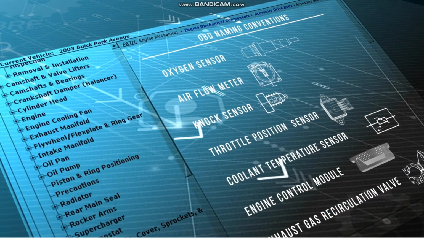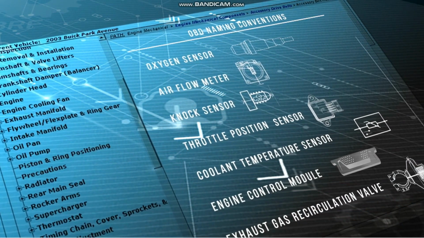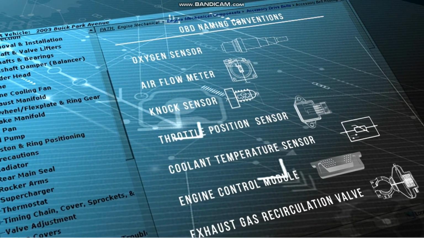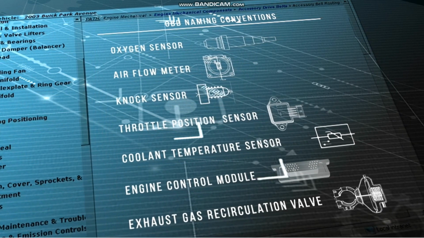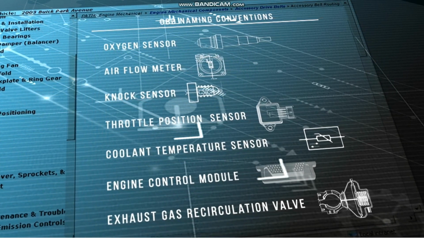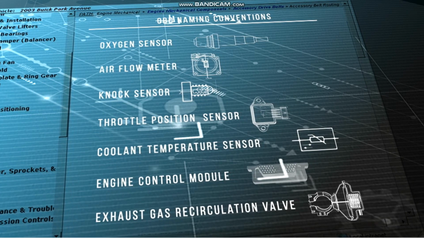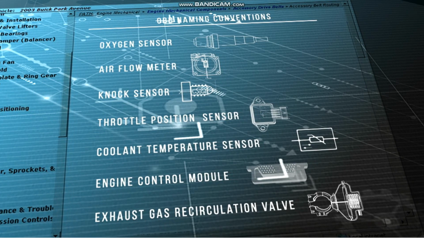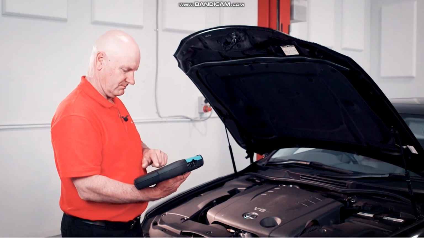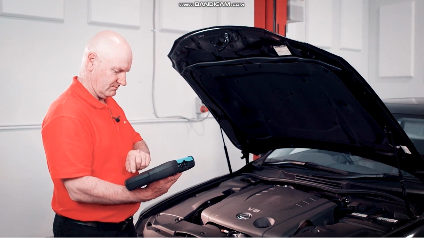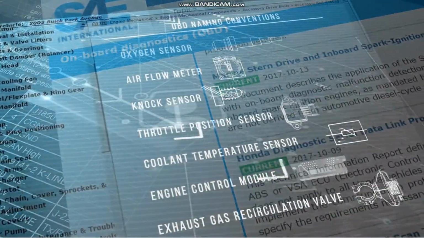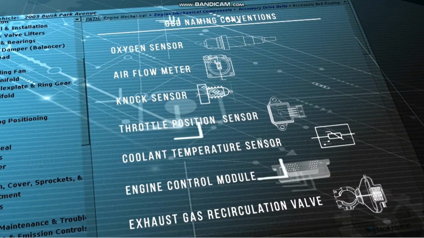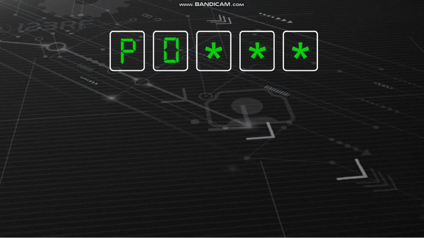The OBD2 standard further extends into the naming convention given to components and how they are referred to in service information, as well as the data displayed on a scan tool. This ensures a level of consistency between manufacturers when referencing components and systems. Having a detailed understanding of OBD2 and what it can provide is a critical aspect of successful diagnosis on any modern vehicle. Without it, you may be missing out on critical information